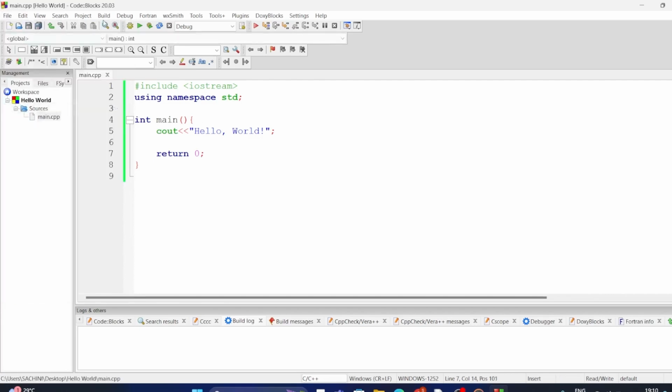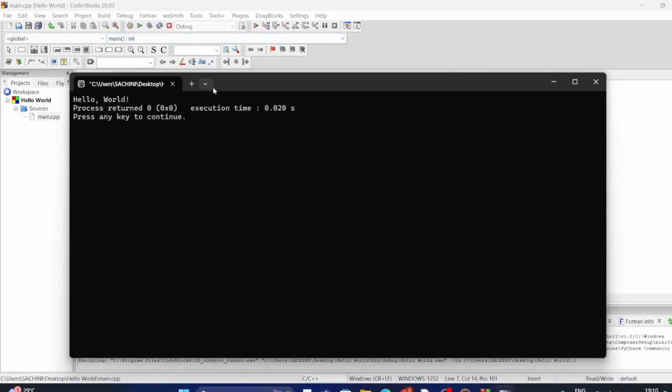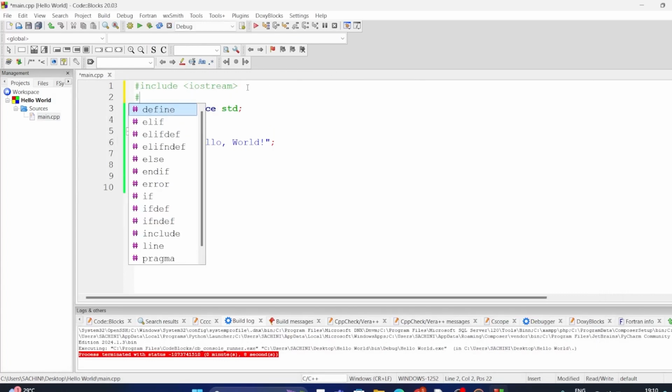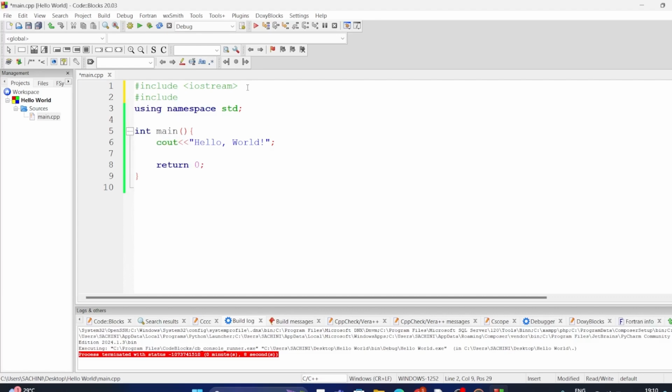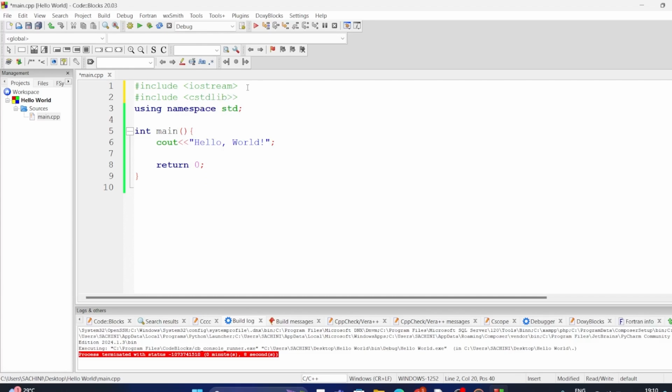Save your file, then go to Build and Run. A console window should appear, showing Hello World. The message, Process returned 0, confirms successful execution. If you are using another IDE, like Dev C++, you might need to include cstdlib and add system("pause"); before the return 0 line to keep the console window open. #include <cstdlib>. system("pause");